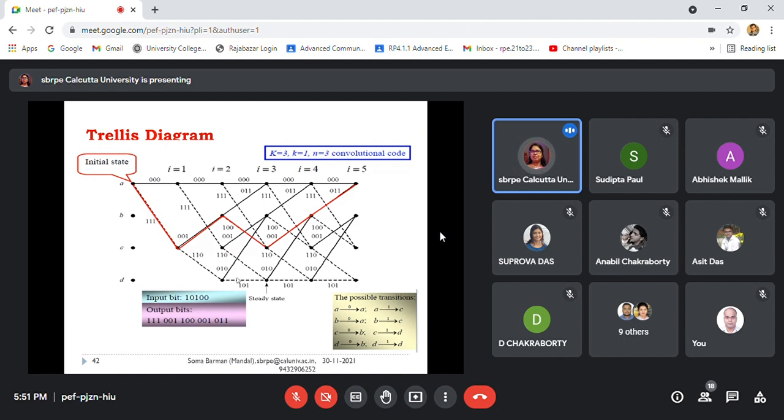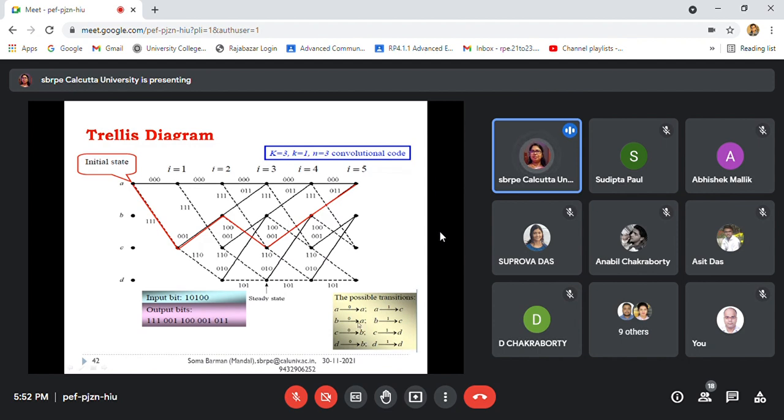Now suppose we are considering this: this is i equal to 0, that means T0 initially, then i equal to 1, 2, 3, 4, and i equal to 5. So time advances, and this is how the encoder is changing. You have to draw the trellis diagram first, formed from the state definition.